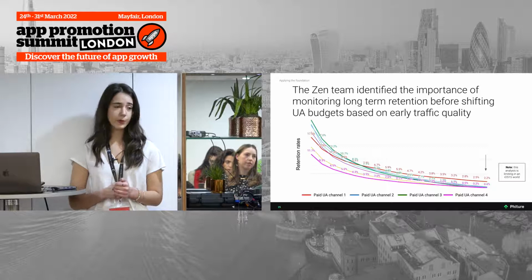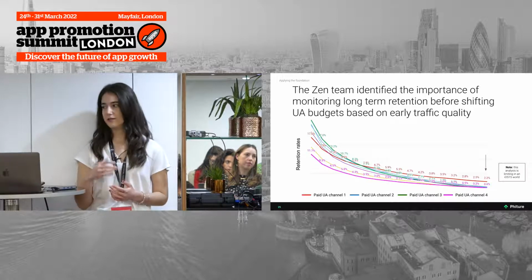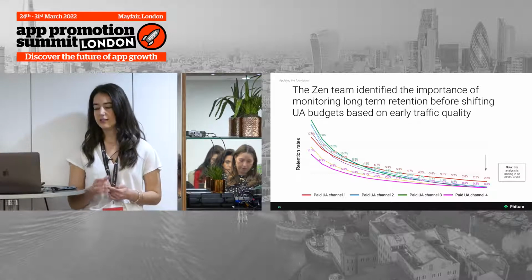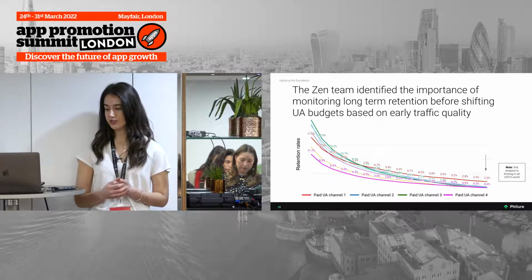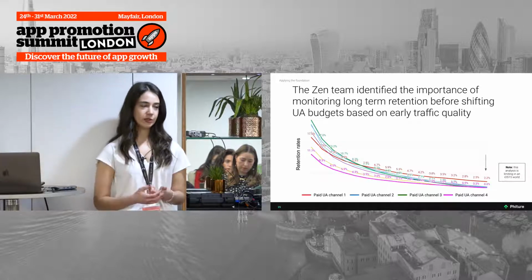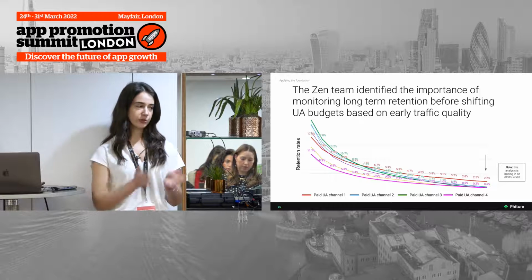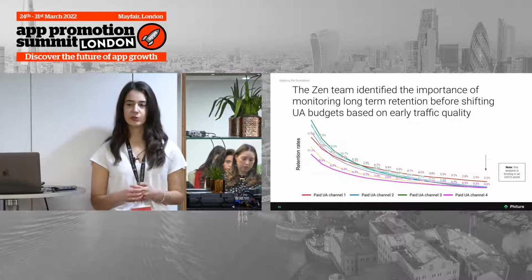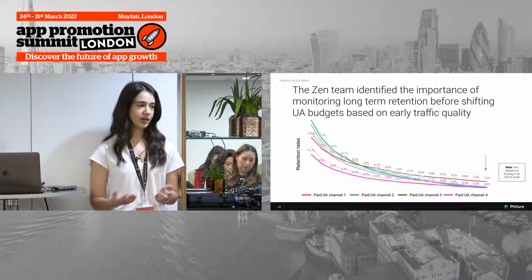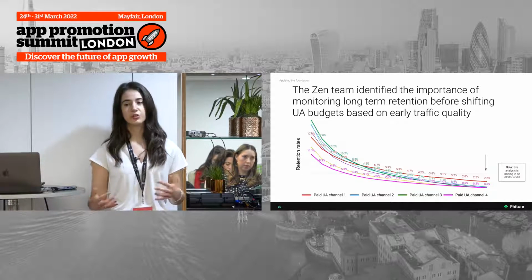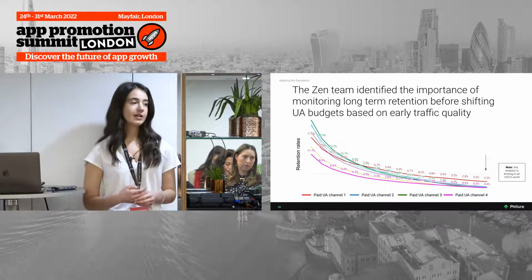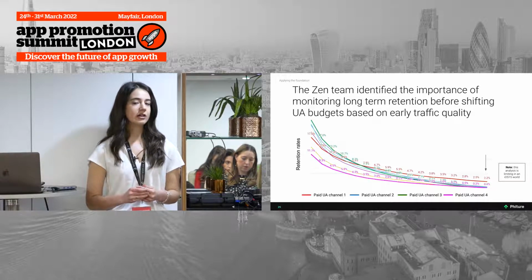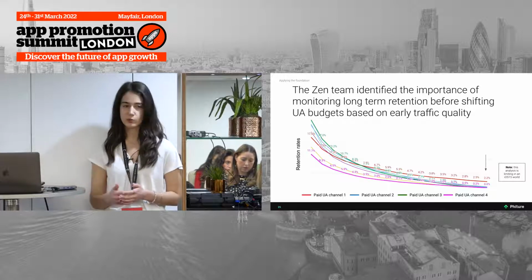So how we might better direct that traffic would be to shift that to paid UA channel 1, where you see at the later end of that curve, the retention is 2% versus everything else is around 0. But if we were only looking at those early metrics, we wouldn't know that and we wouldn't be able to make the right decisions. So the retention team at this point, the product teams, they're able to support us and bridge the gap where we can look at this together, make the decisions together, and better direct that UA traffic and not really necessarily blame product as well.